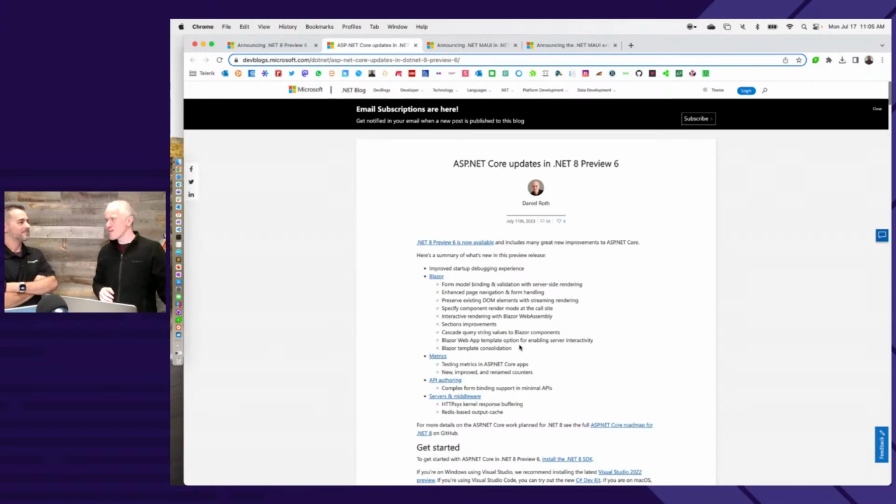But if you needed to do anything on the client, in the browser, that meant you were writing JavaScript. You had to use a JavaScript framework. And there are lots of great JavaScript frameworks. There's a new one, I think, every few months. But if you're a .NET developer, that meant switching between different dev ecosystems, tools, languages, frameworks, build systems.